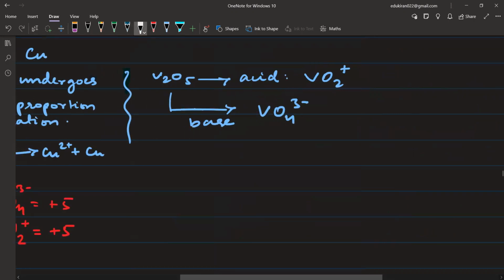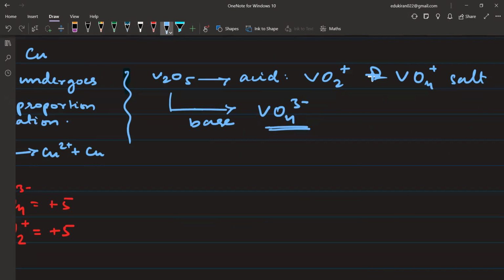इसमें आप दोनों लिख लीजिएगा, when it reacts with acid, to be safe, write both VO2 positive and VO4 positive salts। बेस के साथ तो बस यही दे रहा है, एसिड के साथ आपके पास दो ऑप्शन यहाँ पे दिया, तो दोनों को लिख लीजिएगा, VO2 पॉजिटिव एंड VO4 पॉजिटिव। VO4 पॉजिटिव में इसका ऑक्सीडेशन स्टेट चेंज हो जा रहा है। VO4 पॉजिटिव में how much, 4 और 8। VO4 पॉजिटिव नहीं होना चाहिए ना, VO4 पॉजिटिव में ऑक्सीडेशन स्टेट +9 हो जाएगा ना।